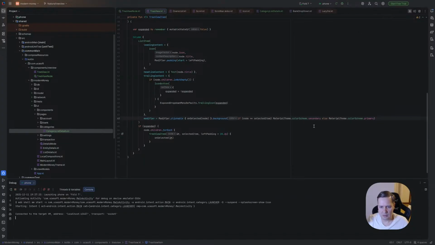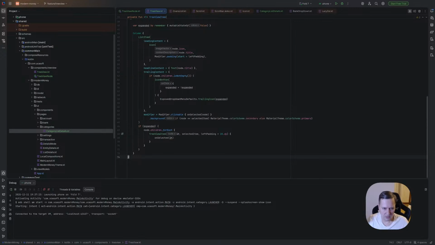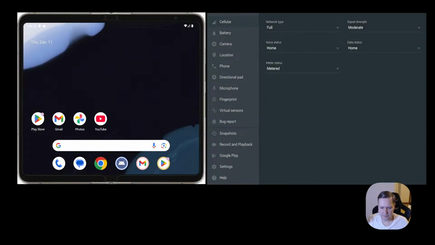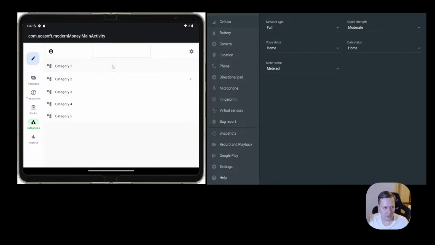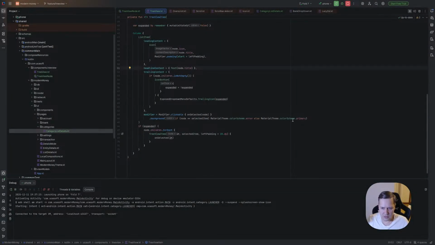Okay, let's try to slightly change it. So let's use not secondary, but maybe error. I don't know. Maybe it will be more visible. Categories. Still nothing. Okay, don't like such situations.